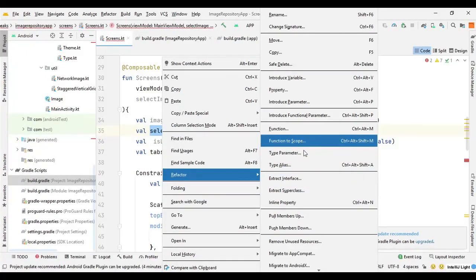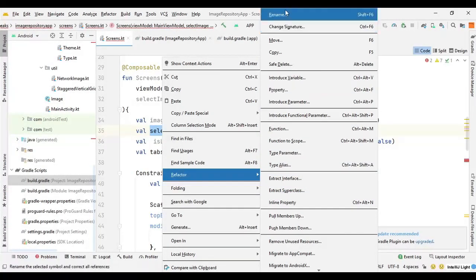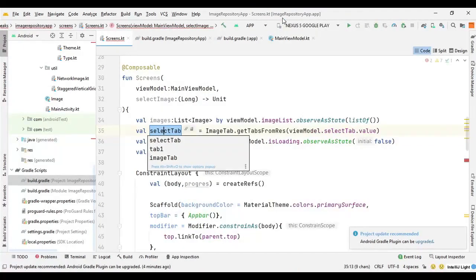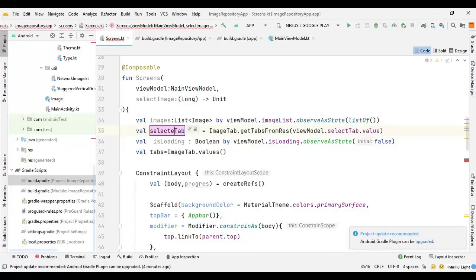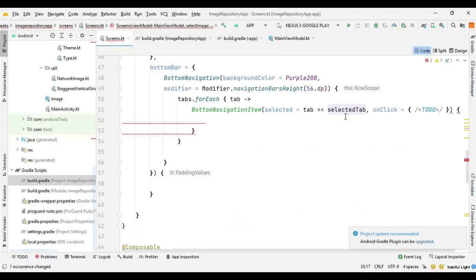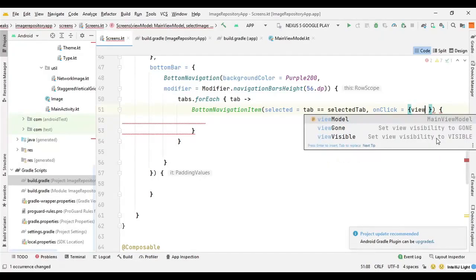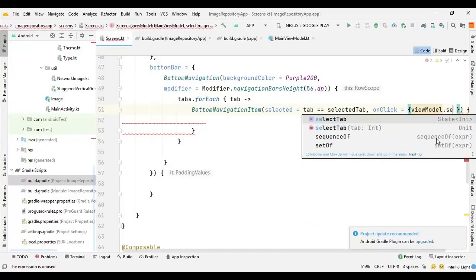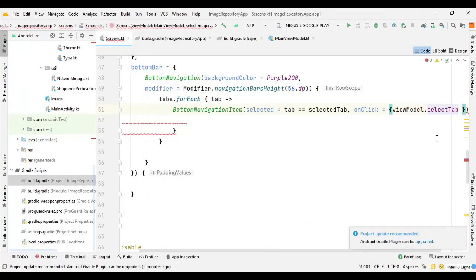Where is the refactoring? So now we have selected tab, and for onClick we can remove the TODO, and we can say viewModel.selectTab, and we can provide the title.